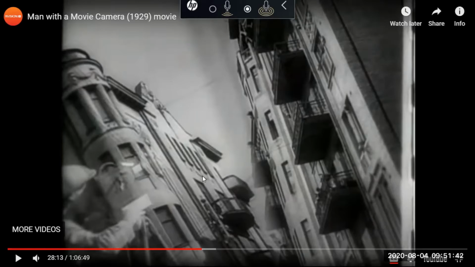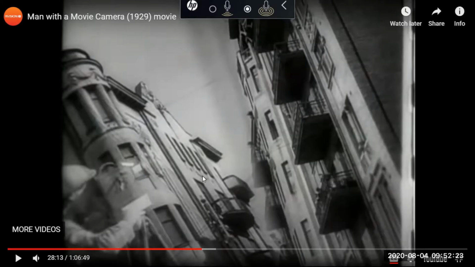So Vertov had actually experimented with different kinds of editing techniques. Here he is superimposing two images. One is the image of the building, and the other is the image of the cameraman. This was not done before him. In one of Padavkin's films, you would realize that he's using high speed and slow speed motion. So actually, Russian filmmakers had invented many kinds of editing techniques in those times, and that included superimposition, that included